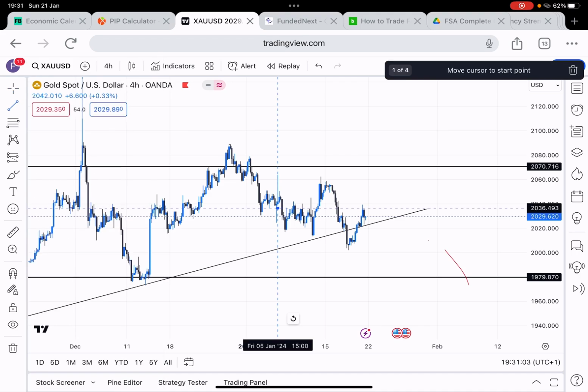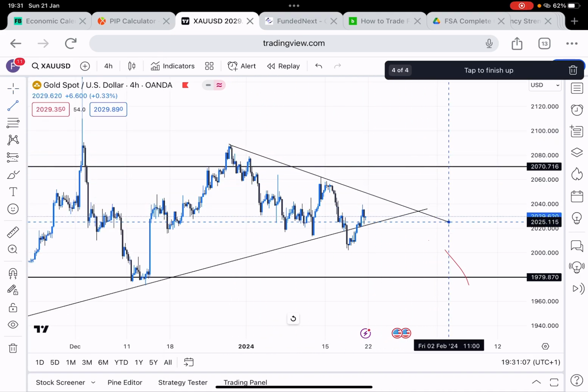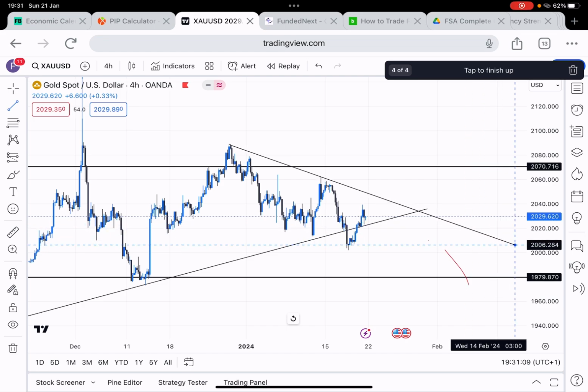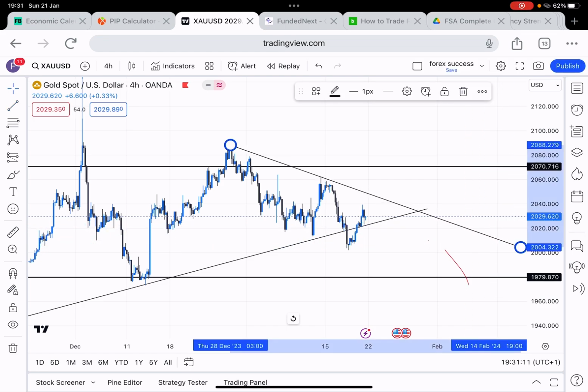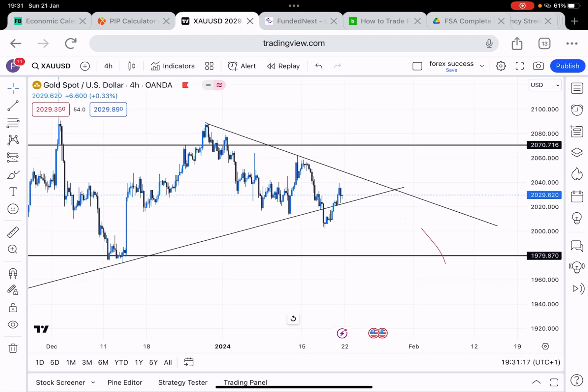Let's try to fit in a trend line to it, connecting from this first high to the second high, and then extend it to the downside. So let's see if gold might want to come tap into my trend line so that I can be getting a sell opportunity right there. And I can see this guy,